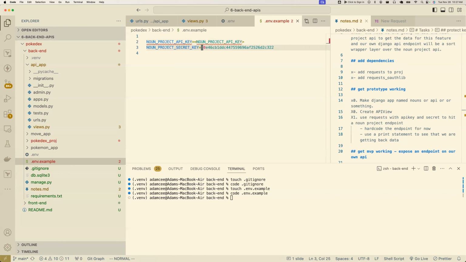So if I'm cloning someone's project and I'm setting it up for the first time, this is going to be one of the first things that I look at. And if I see this in a .env example file, I'm going to know, cool, I need to get an API key, and hopefully the README will say, hey, this is the Noun Project and here's the link to it. But I'll know we need these environment variables,